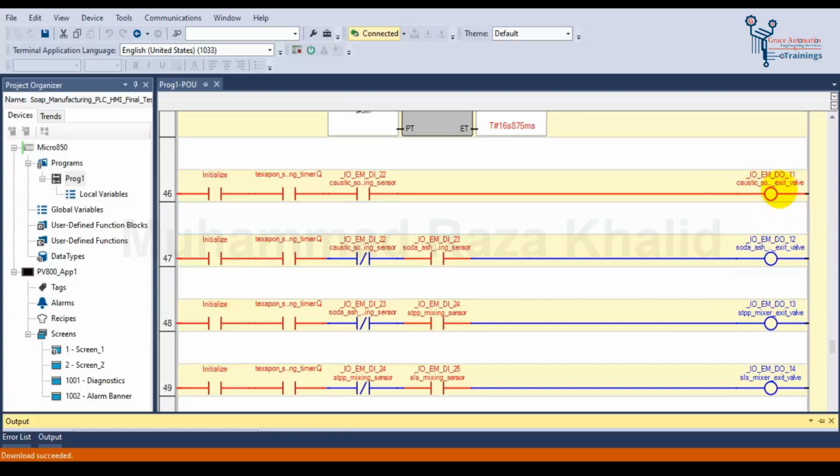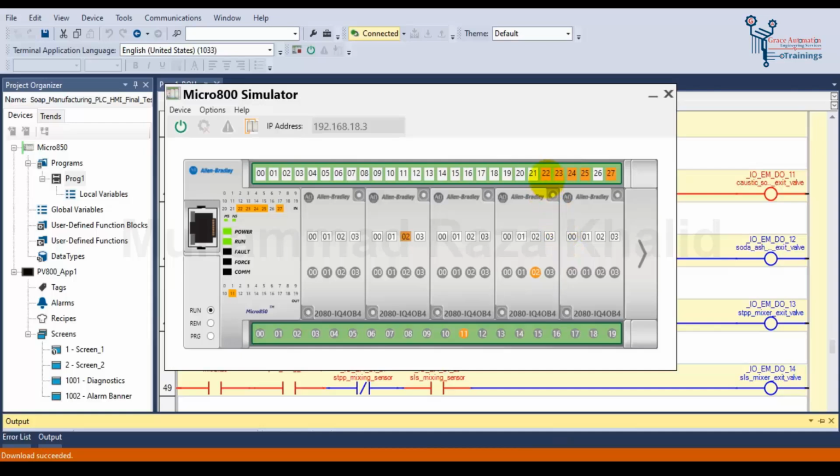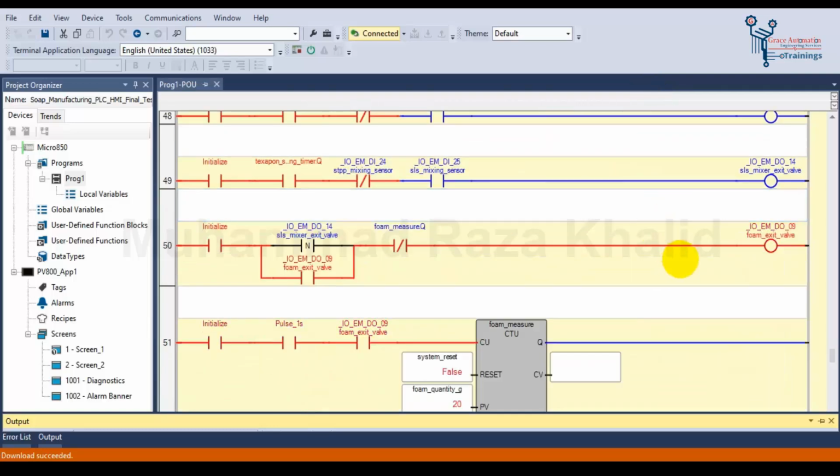So firstly, the caustic soda mixture is being poured into the final mixer. So let's make sure that this mixture has poured into the final mixer. Turn off the sensor of the mixer, meaning it has got empty. Now we can see that the soda ash mixture is being poured. When this mixer gets empty, the STPP mixture is being poured into the final mixer. When this gets empty, the SLS mixture is being poured, and when this gets empty, we can see that the foam exit